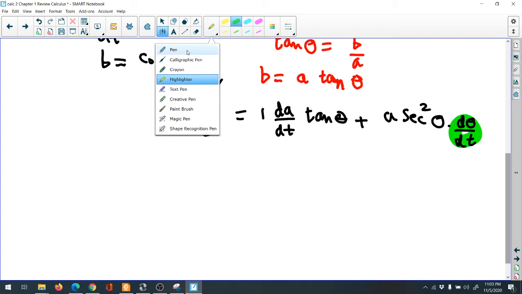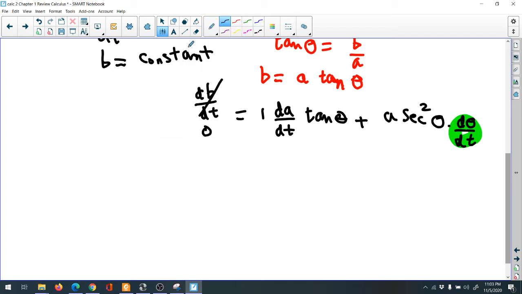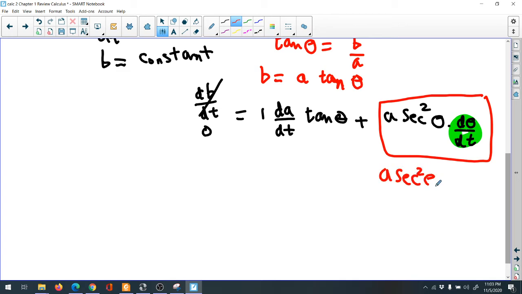So now we're going to separate d theta with respect to the time. So we keep the whole chunky stuff here, even a in secant square theta. Keep it. Then a secant square theta d theta with respect to the time equals, subtract tangent theta dA with dt, move it to the other side, will be negative dA with respect to the time, derivative of a with respect to the time,